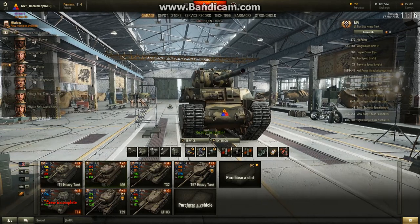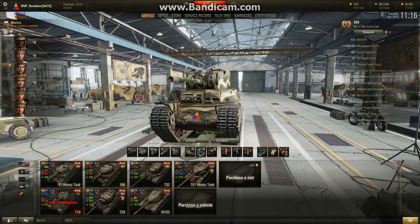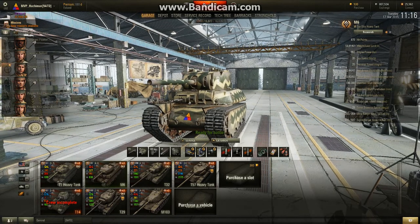So again, quickly, M6, just like the T1 heavy tank, but a lot more of it, except for the gun, which is absolutely fantastic. It's really a fun tank to play when played properly, and of course it leads to the best Tier 7 heavy in the game as far as I'm concerned, and we'll talk about that in the